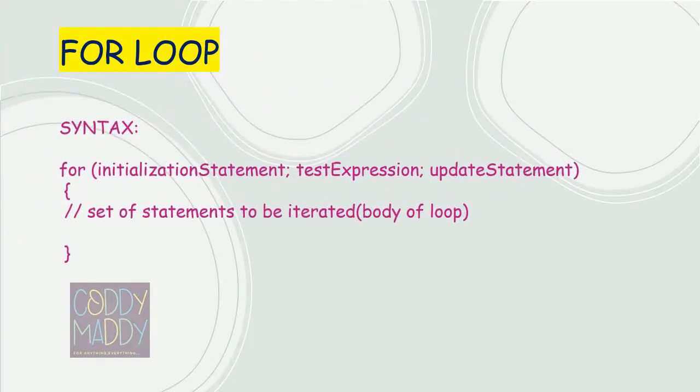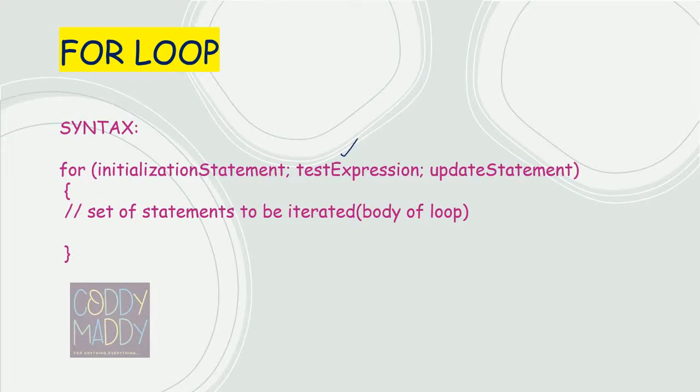Now we are going to see the three different loops: the for, while and do while loop. The for loop is the easiest loop because its syntax is very straightforward. It's a for followed by round braces, and within the round braces you have the initialization statement, test condition, and the update statement. The initialization statement is the first value that the looping variable is going to hold, then the test condition is a condition that is checked on the looping variable, and then the update statement.